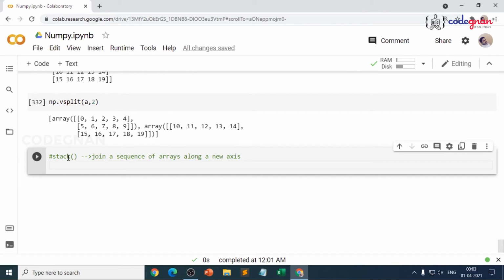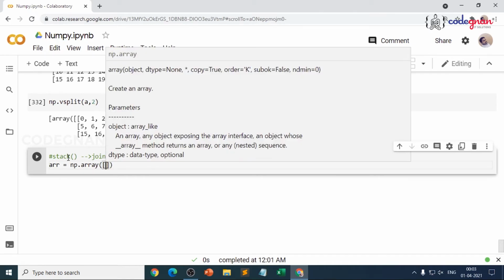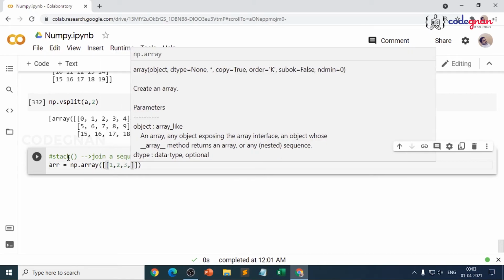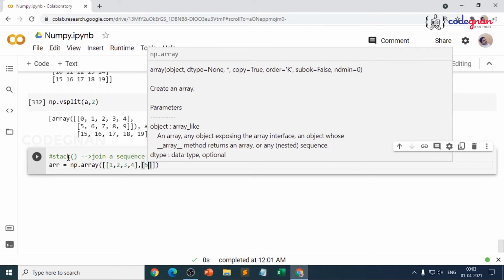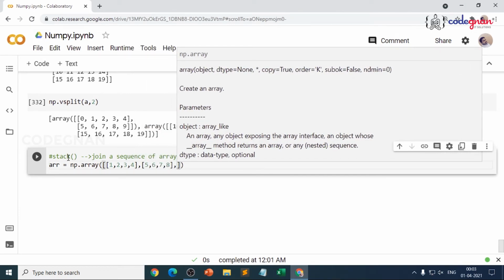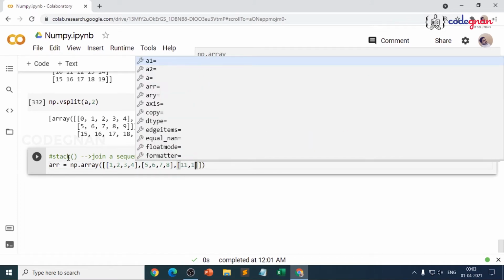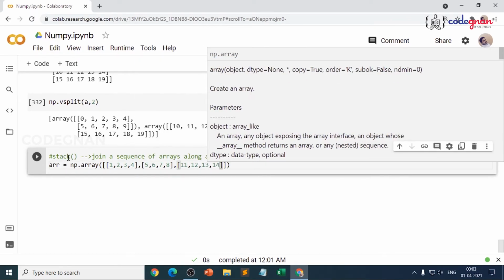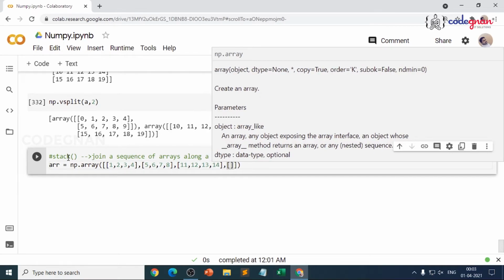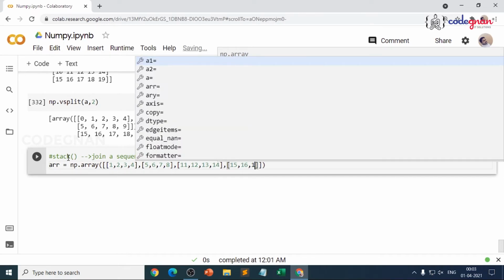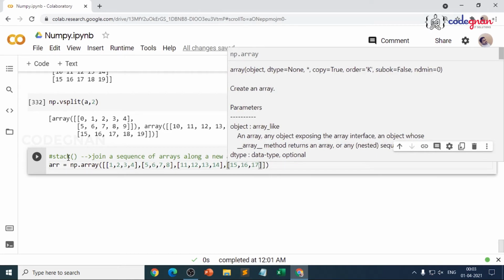First, we have already worked on the zeros and ones arrays, right? So let's just try to recall it. Here I pass my input arr is equal to np.array of, I'll pass my own input like this, starting with 1, 2, 3, 4. It's up to you whether you pass your own values or go with reshape or anything. So 5, 6, 7, 8, 11, 12, 13, 14. I'm just passing my own values. 15, 16, 17, 18.